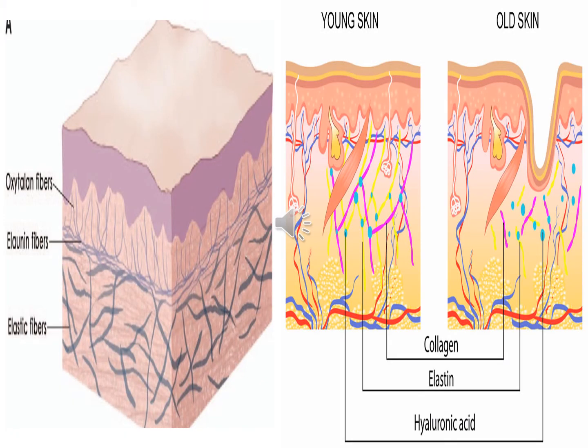What is the difference between young skin and old skin? A very common concern nowadays is that we have wrinkles on skin, our skin is not glowing. So younger skin in comparison to older skin, in which there is more wrinkling in the older skin. Older skin has lost its collagen. It has low collagen level, low hyaluronic acid, low elastin fibers. But a younger skin has tighter, glowing skin because of the composition of more collagen in it, more elastic fibers in it, and more ground substance, especially hyaluronic acid in it.